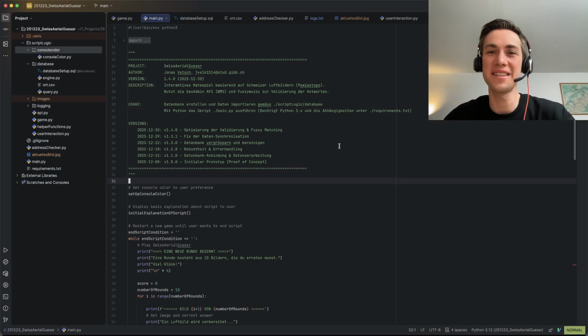Swiss Aerial Guessr is a geography game that you can play on your console, and it's inspired by the GeoGuessr game, where you have to guess places all around the world based on Google Street View images. For Swiss Aerial Guessr, you have to guess places around Switzerland, but using aerial images, so this is the top-down view. I'm getting those images from